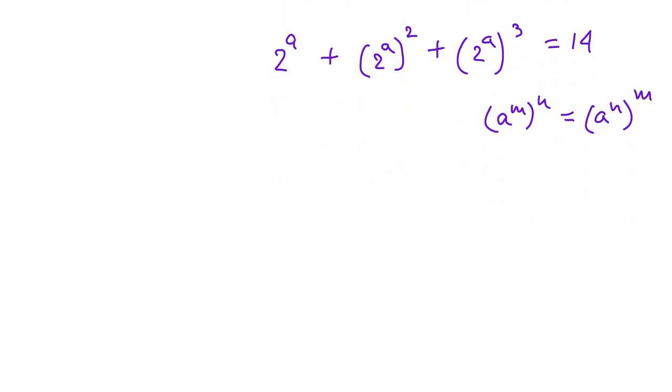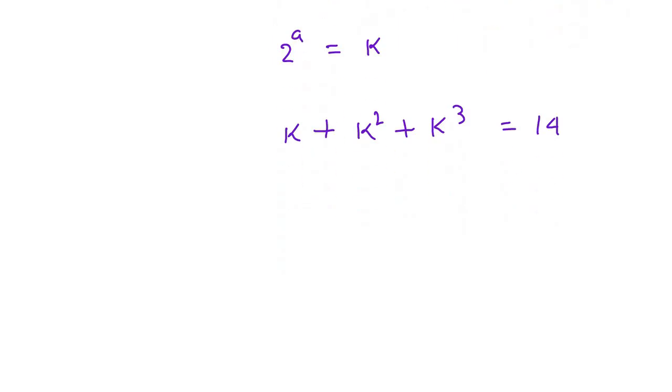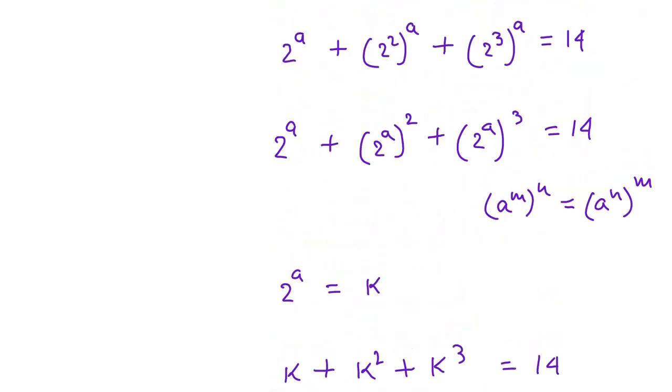So next we can consider 2 to the power a as k, and we can write k plus k square plus k cube equals 14. Then we can write k plus k square plus k cube equals 14, and we can separate 14 according to the given numbers